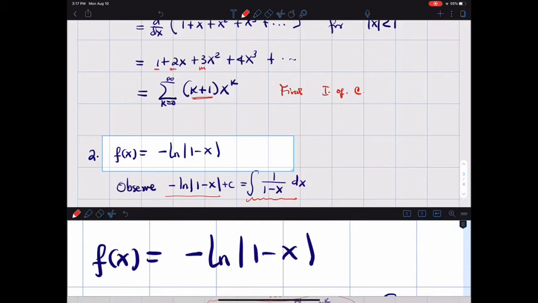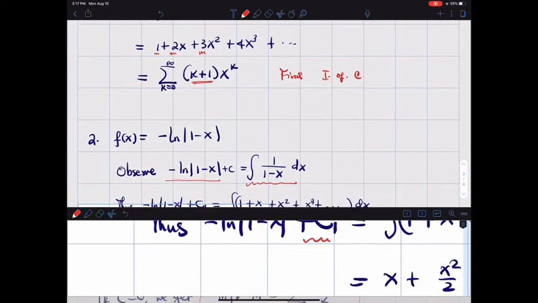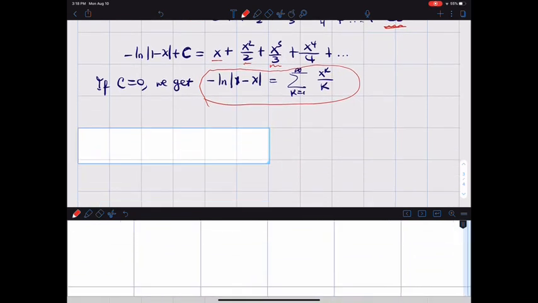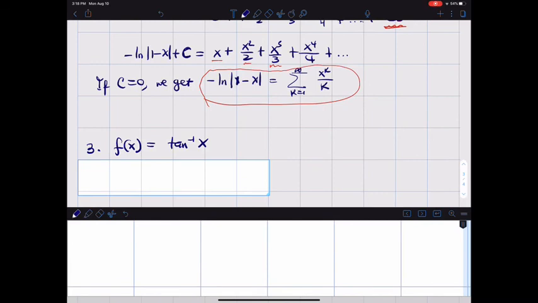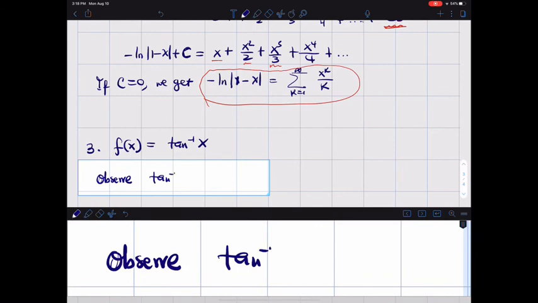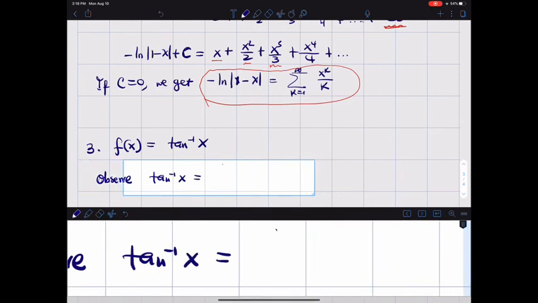Okay, now there is one I want you to think of. The one I want you to think of, let's call it number 3, is the representation for inverse tangent of x. Okay, so I'm going to start it off for you. I'm going to give you a hint. So if you observe that the inverse tangent of x is the integral of 1 over